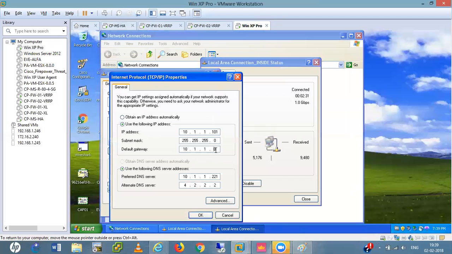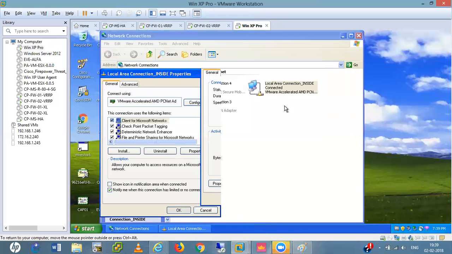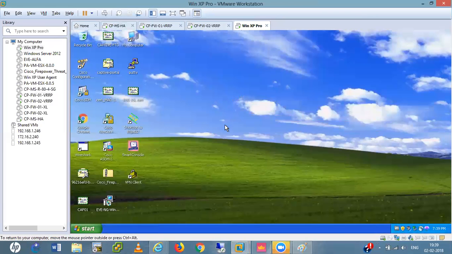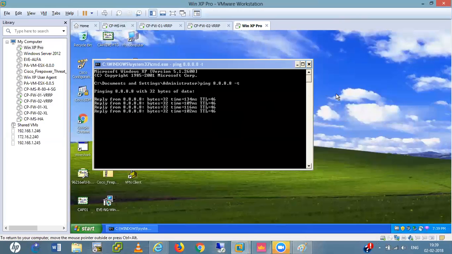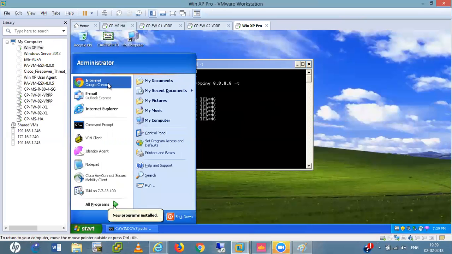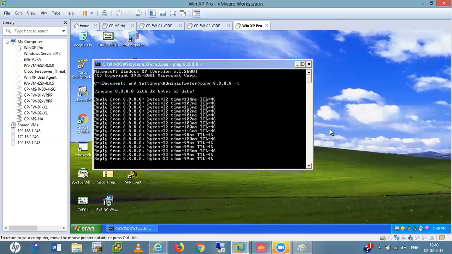Here I put 200, okay? CMD ping .8 -t. Yeah, it is pinging, right? If I browse something, yeah, I think that is working.